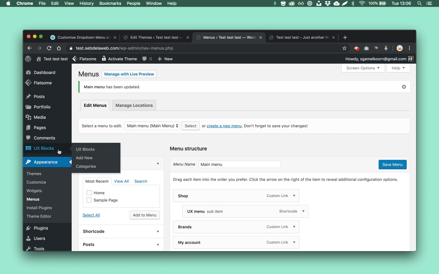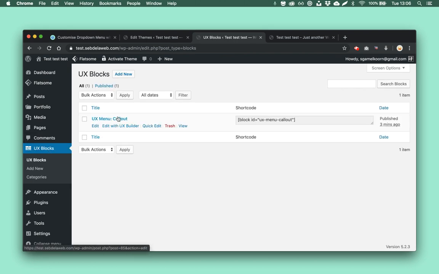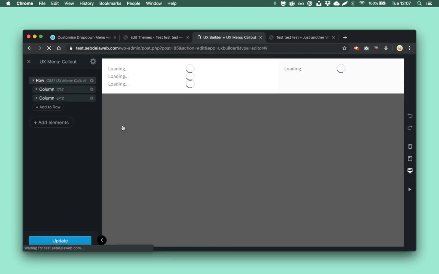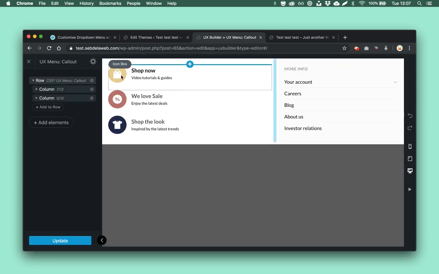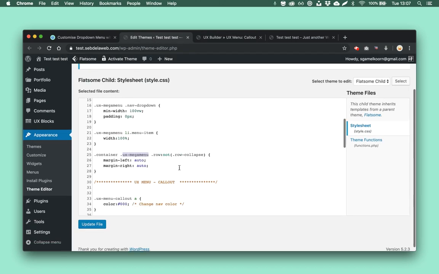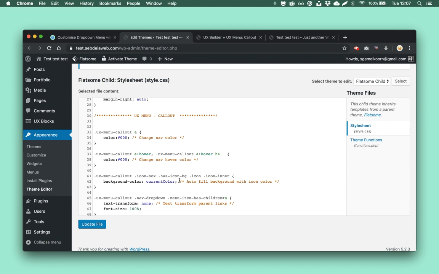Let me briefly tell you a little bit about the UX block I created. It's actually very simple, but sometimes people want to know, hi, how did you do it with the menu items? So I will open this in the UX builder, and here you can see these are the icon boxes. I created a little tweak that you maybe want to know, I added here it is,